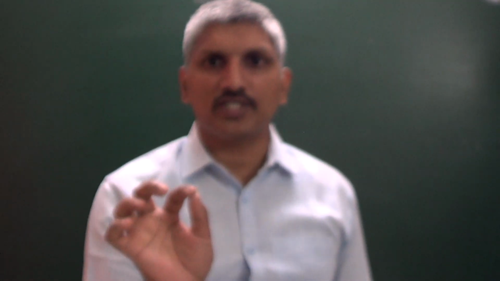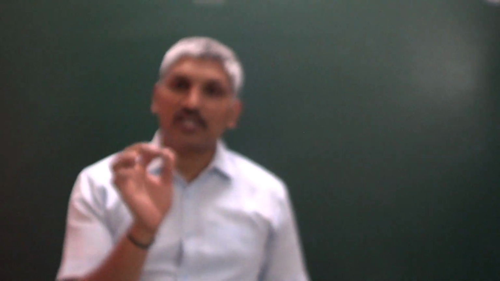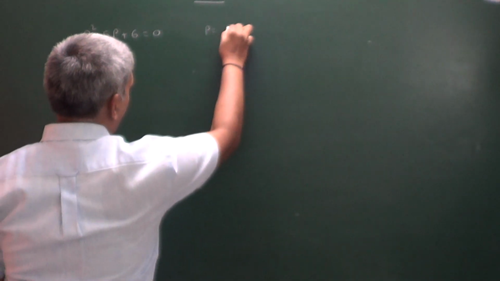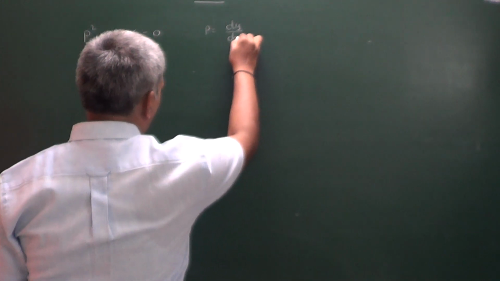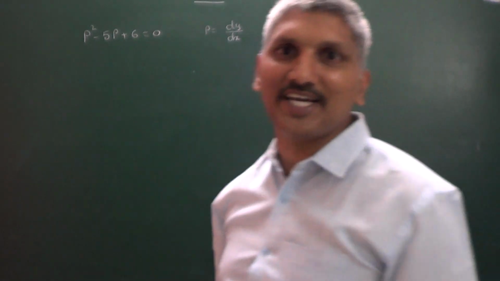Right. Now till now we discussed differential equations for the first order, first degree. Solutions of the differential equation of first order and first degree we discussed. Now I am going to discuss the differential equations of first order but higher degree, how to find out. That we are going to discuss in this particular class. So this is the question given: p square minus 5p plus 6 is equal to 0, where p is mentioned as dy by dx, whether you observed or not. That is the first order differential equation, but degree is 2. First order second degree differential equation.